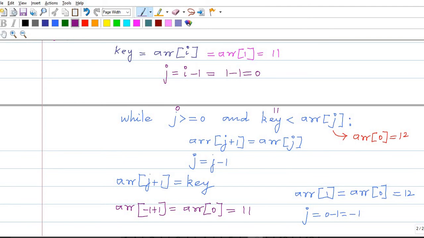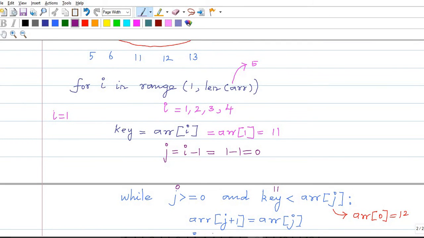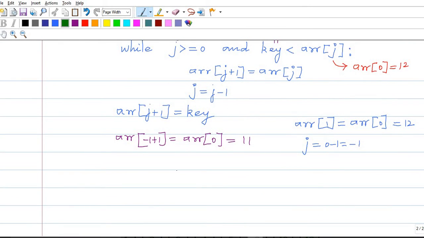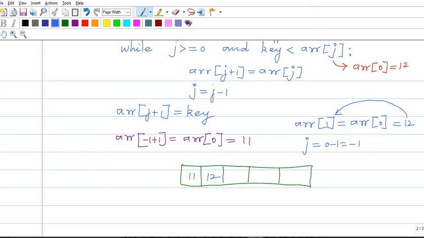So at the end of i equal to 1, arr[0] is 11, arr[1] is 12, then the remaining elements 13, 5, 6. This is the 0th index, 1, 2, 3.